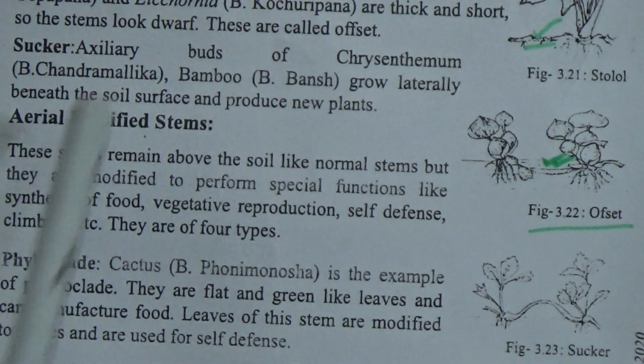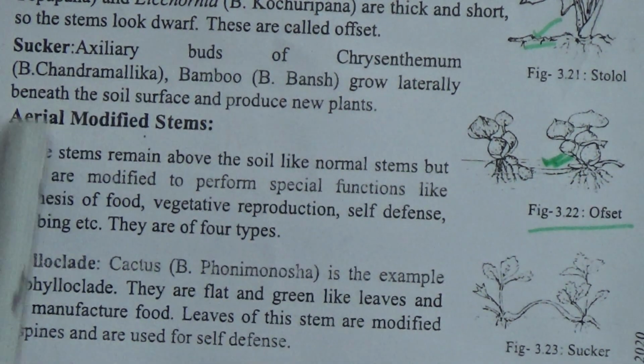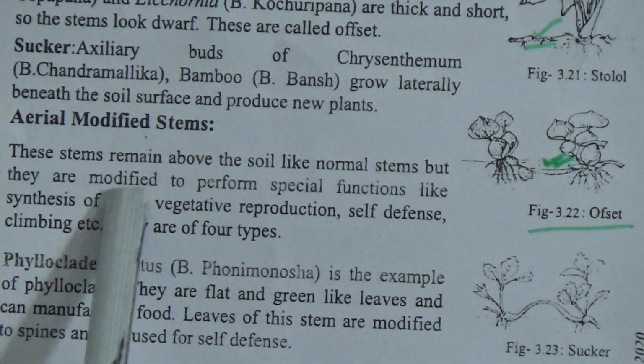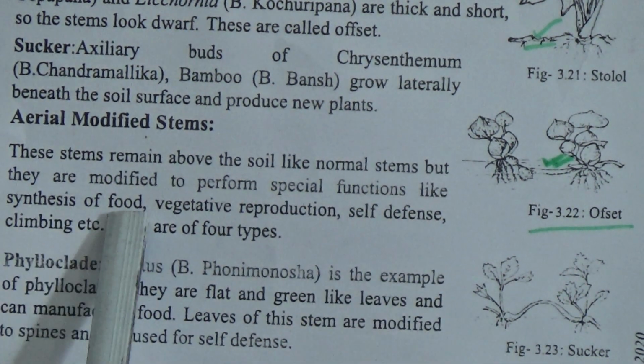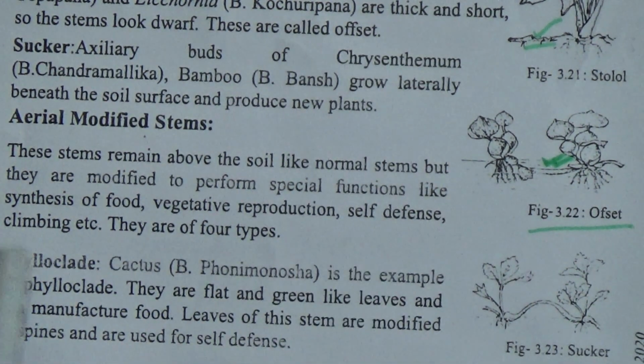Now aerial modified stems. These stems remain above the soil like normal stems, but they are modified to perform special functions like synthesis of food, vegetative reproduction, self-defense and climbing, etc. They are of 4 types: